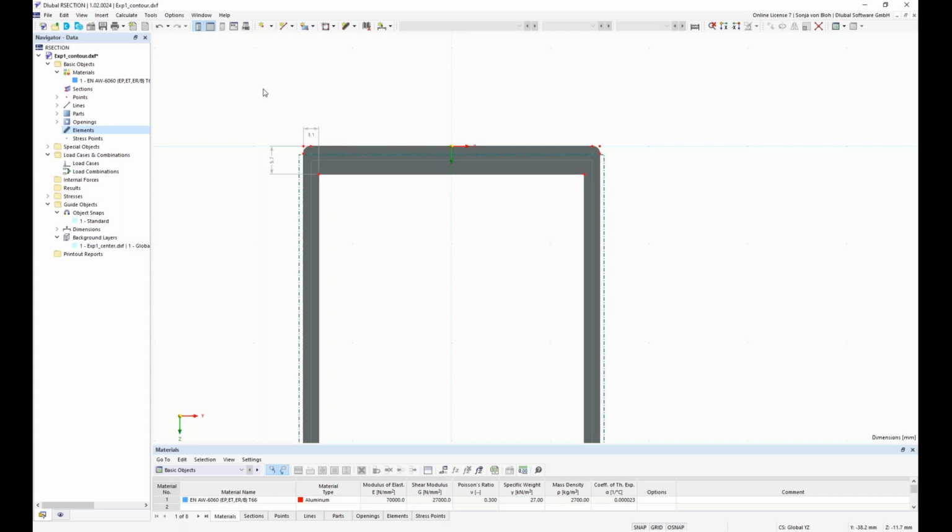Elements must be connected for the calculation of the effective cross-section. The connection is to be made via the start and the end points of the elements. If two elements share the same points, they are connected. I now define the elements via the graphical input, so I choose here